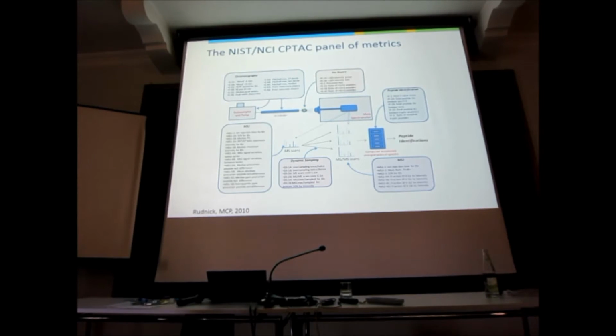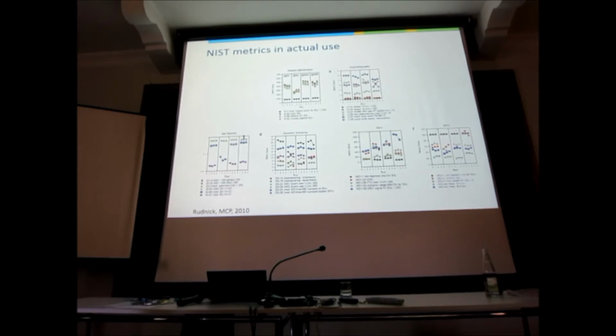And so they started looking at the workflow and they said, how can we measure quality at as many of these places from a single raw file? You need nothing but a single raw file. And they came up with all these metrics, some of which are redundant, and they started scanning this for all the CPTAC data. So out pops stuff like this, peptide identification.